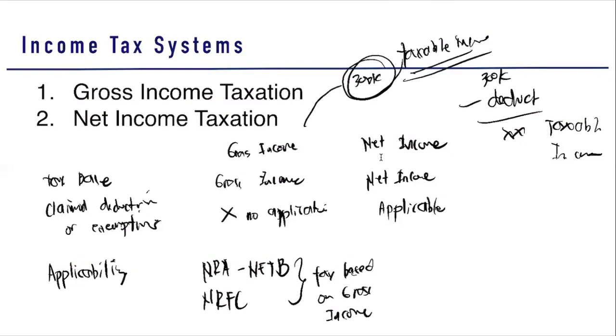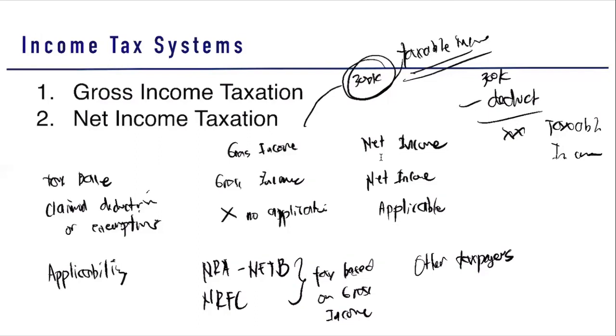Or your uniform rate. While for net income taxation, this applies to other taxpayers. So, dalawa lang doon sa ating gross income, ha? Pag tinanong kayo, alin sa mga ito ang matatax at gross income? So, which of the following is taxed at gross income taxation? Your answer can only either be NRA and ETB or NRFC. All other else are subject to net income taxation. You will understand this as we go through.